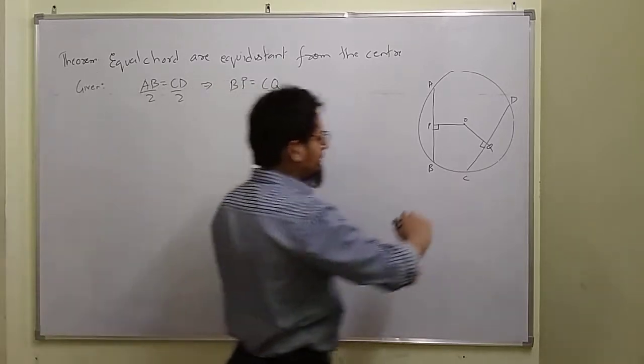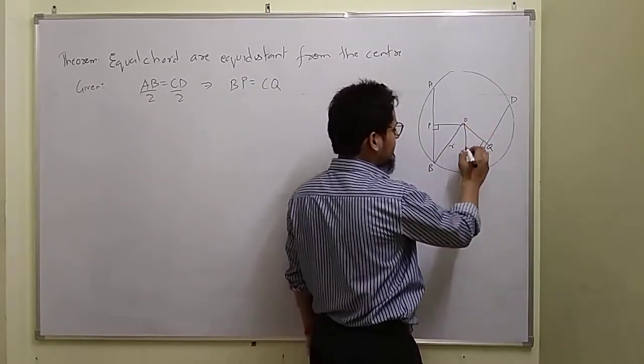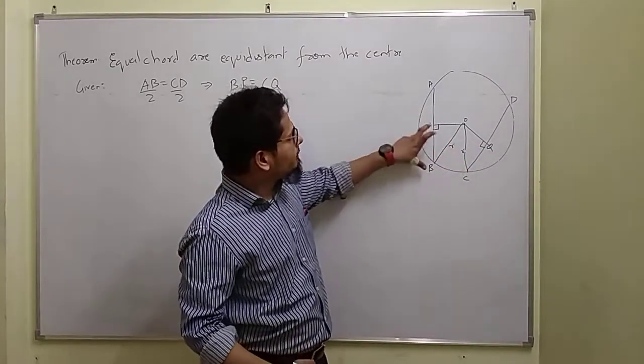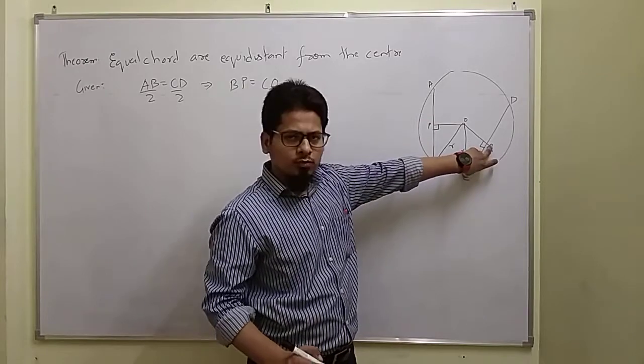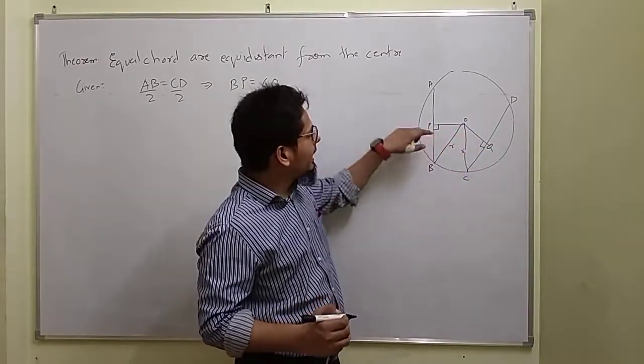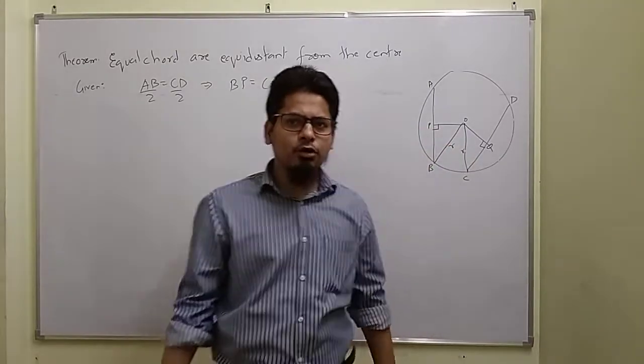And now I complete the triangle. I join OB and OC, right? And what is this? It is the radius of circle, R and R. Radius हो गया. So we have BP is equal to CQ. One thing. Second, OB is equal to OC, right? And it is 90. It is 90. So by RHS, right angle hypotenuse side.